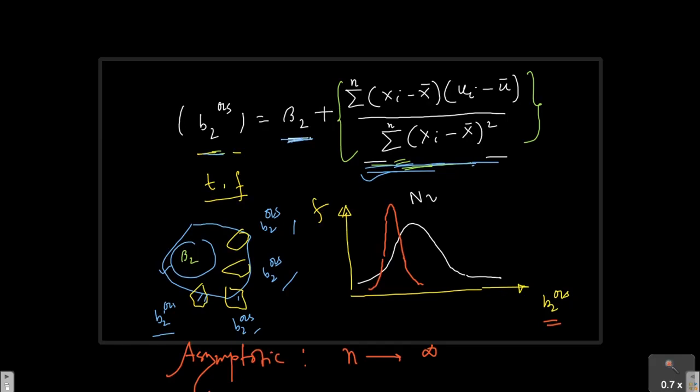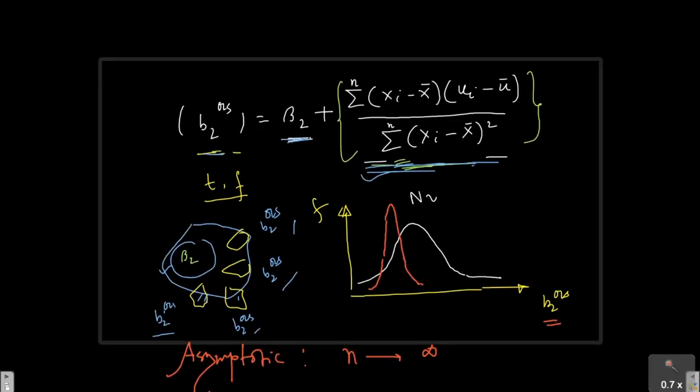Now if I want to use this formulation, I cannot. Previously, when I was estimating this B2OLS, I was taking expectation value on both sides. But here, when n is infinity and with a more complex relationship, I will have a formulation of limit. Okay, I'll take limit instead of expectation on both sides. So I'll write plim B2 OLS is equal to,